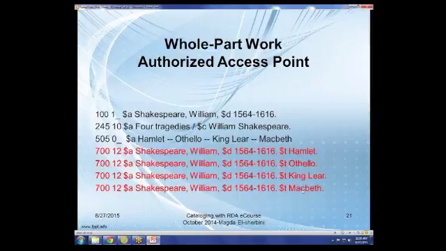Now, again, in this example from the ALA, they have used a field 700 with the full author's name, his full access point here, including dates of birth and death as it would appear and does appear in field 100, and then the title. You could, if you chose, create this record using field 740, second indicator 2 instead, and simply list the title. Hamlet, Othello, King Lear, Macbeth.